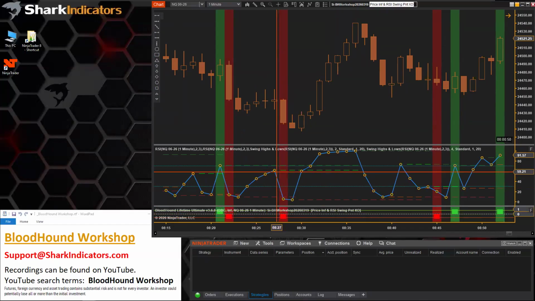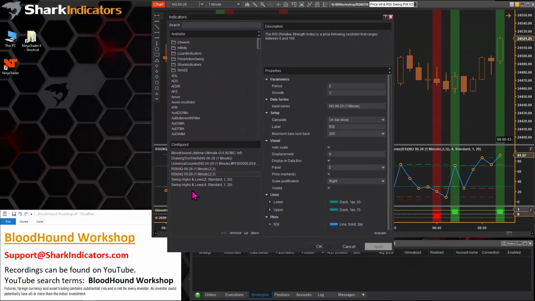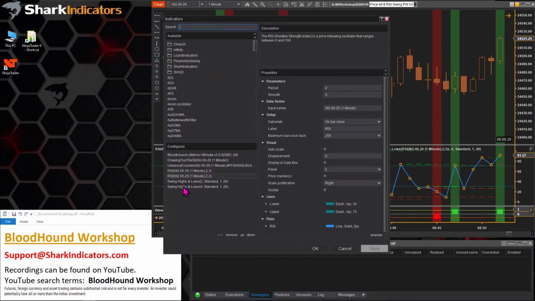The other comment here is adding the dots. I really hope that maybe someday NinjaTrader... It seems like sometimes NinjaTrader listens in on these workshops, because if I mention something enough times, about a year later they will implement something that I've been wanting. Like, for example, the search box. I've been wanting that for a long time. That took them more than a couple of years, but maybe at some point NinjaTrader might.